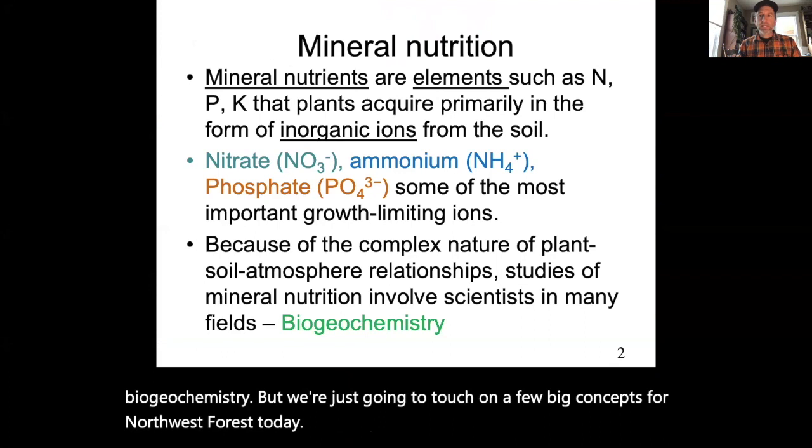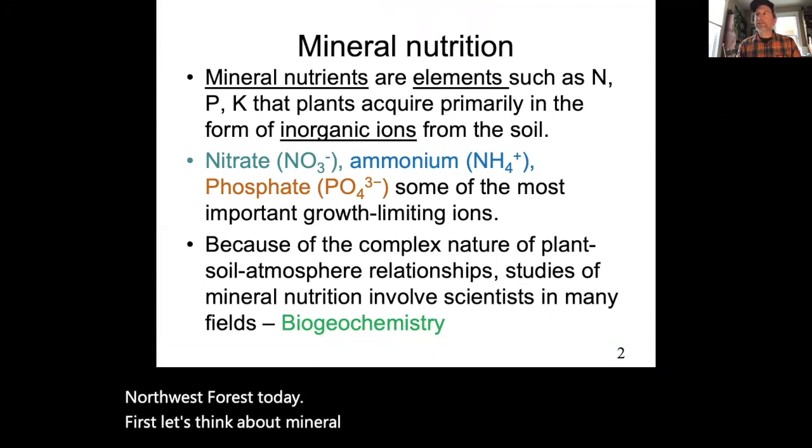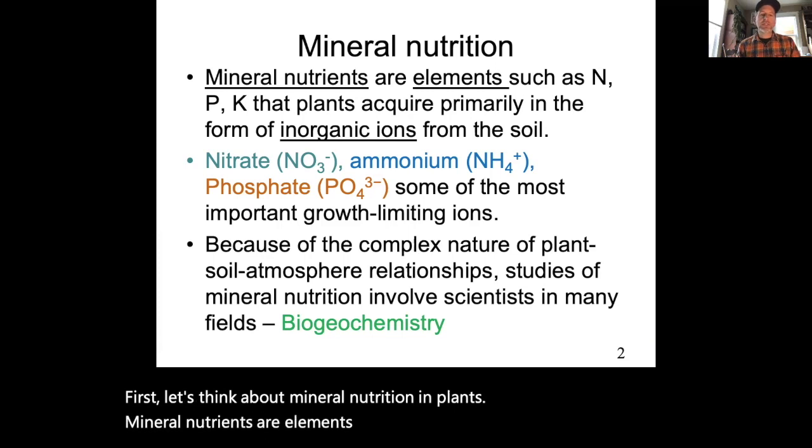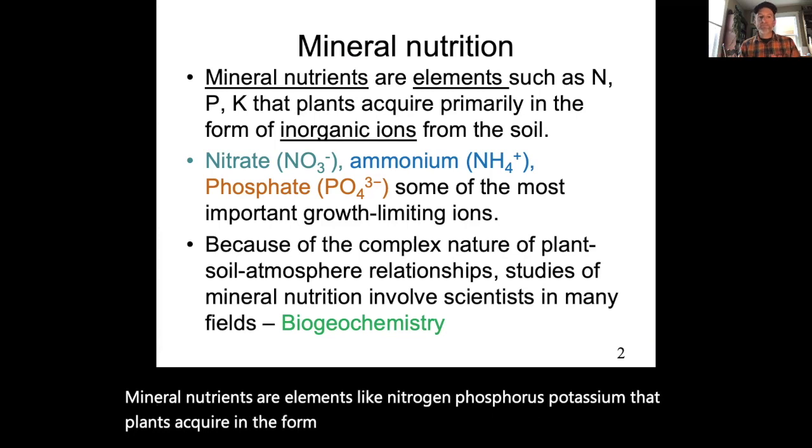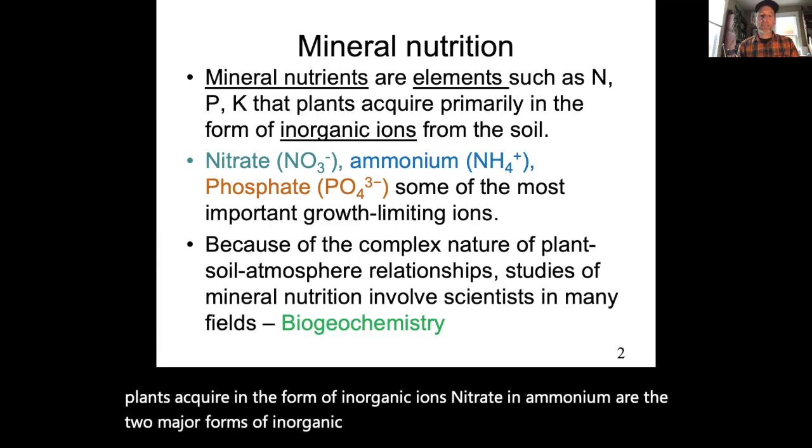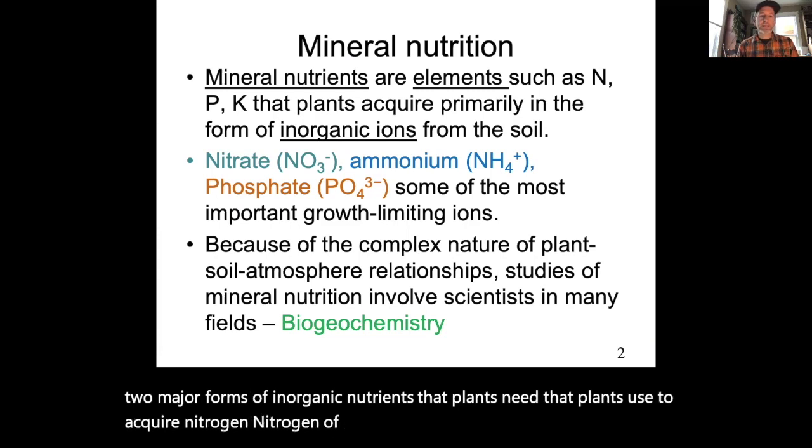First, let's think about mineral nutrition in plants. Mineral nutrients are elements like nitrogen, phosphorus, potassium that plants acquire in the form of inorganic ions. Nitrate and ammonium are the two major forms of inorganic nutrients that plants use to acquire nitrogen. Nitrogen, of course, is critical for plant function, enzyme function,